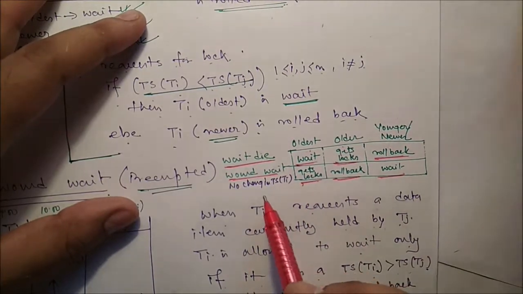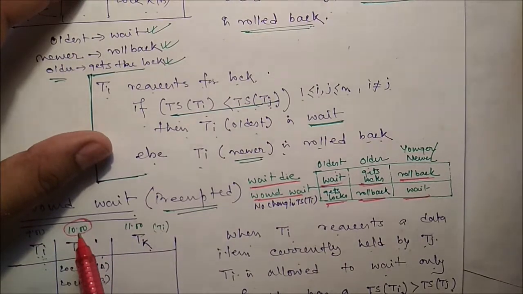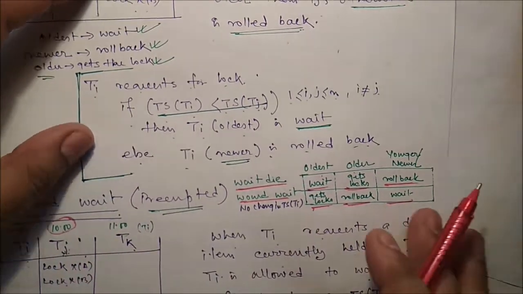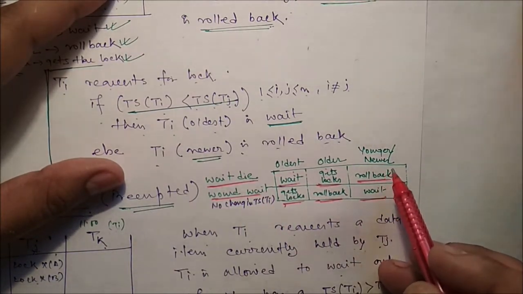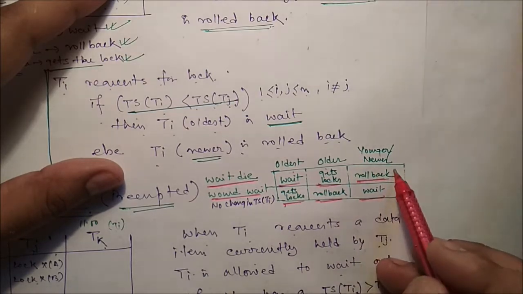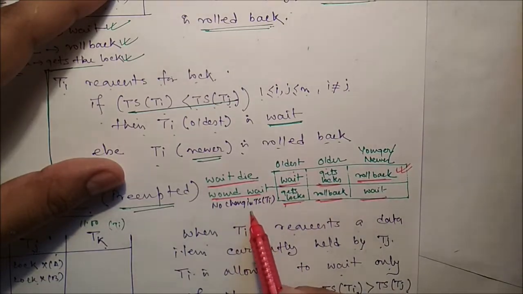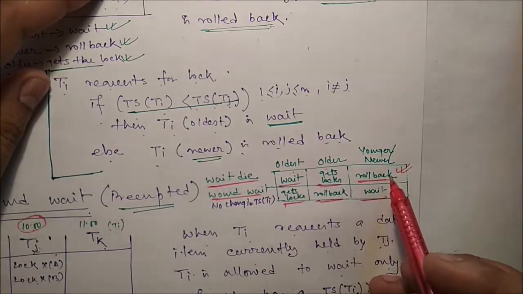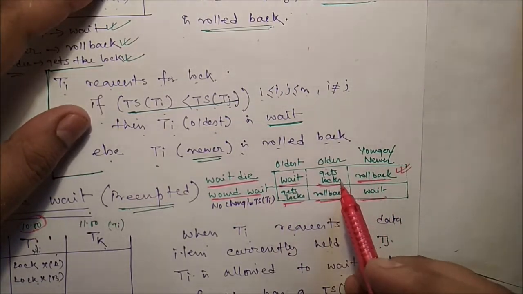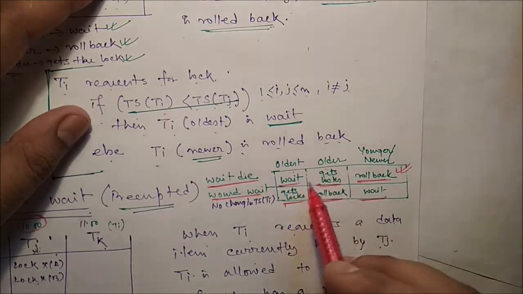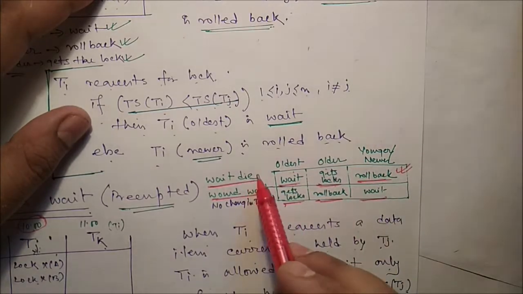Now you can see one thing: if there is a rollback, the timestamp will not change. If it is 10 am, next time it is also 10 am. Here in wait-die, the first time it is the younger, so it must roll back. But the second time, when it re-enters with the same timestamp, it will be the older or oldest. So the second time it will get the lock. In this way you can prevent the starvation problem in wait-die.